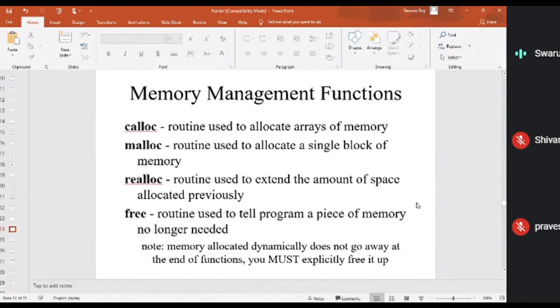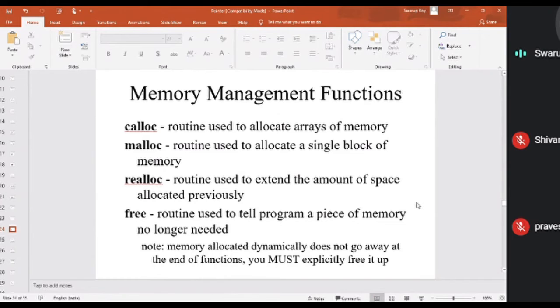Freeing means you can destroy that space. Actually the memory is not going to be destroyed, but you are making it free. Let us assume we have declared an array of size 5000. After using it, you know that there is no use of that space later in your program, so why unnecessarily hold on to it? You can give it back to the free pool, which is called the data heap.